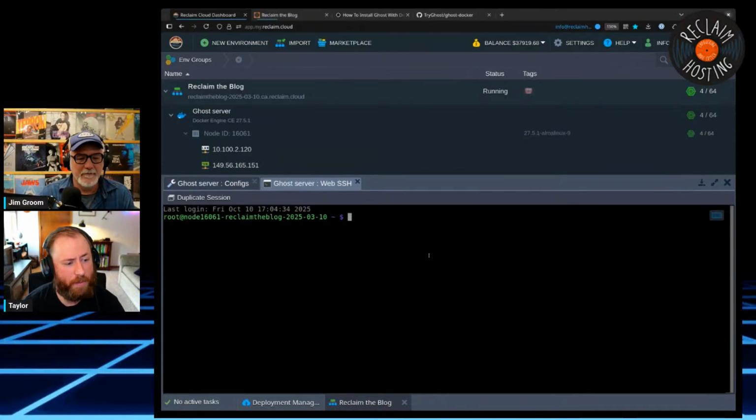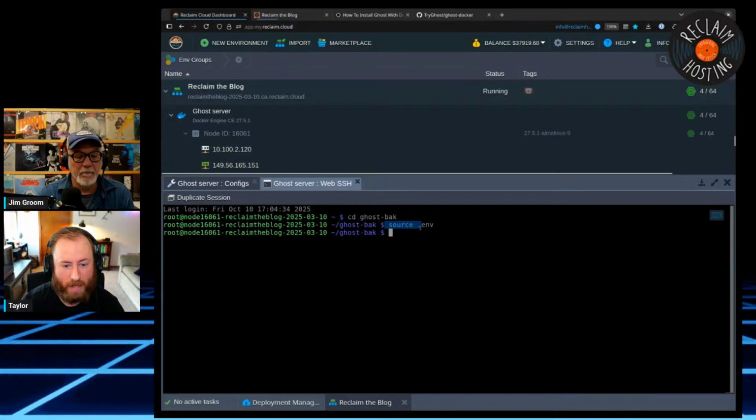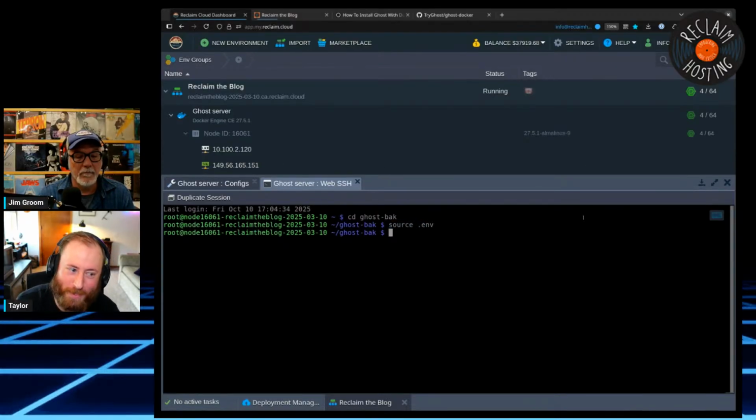So I'm going to dump the database right now from our old site, before we even bring up the new one. So I'm going to go to Ghost back. One of the cool things is I wrote these commands when I was migrating my blog as if I was going to script all this, but I didn't actually end up doing that. But I'm using a source command that's going to pull credentials out of that env file without me having to show them on screen. Nice. Which is super nice in theory.